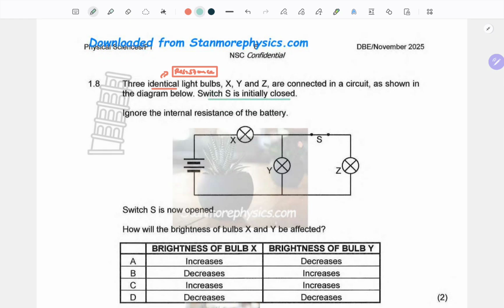switch S is closed. Now when switch S is closed, we can see that the current would have to split in this node, because that's the parallel connection. So as you can see, as much as these are of the same resistor, they don't experience the same current. Y and Z, because they are identical, will split the current equally. So they will be of the same brightness, but certainly inferior to that of X, because X gets the total